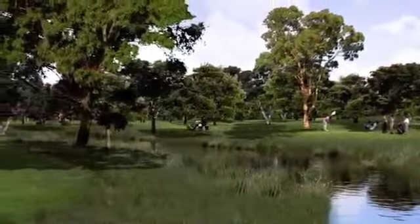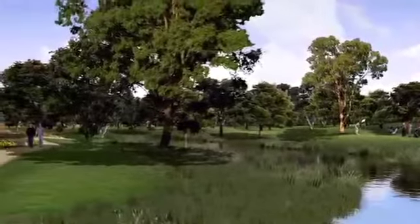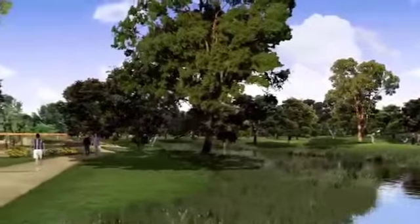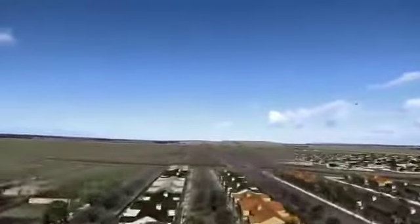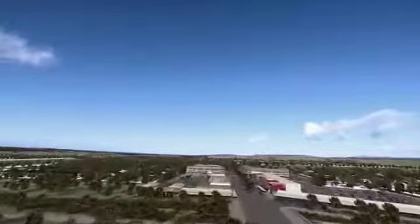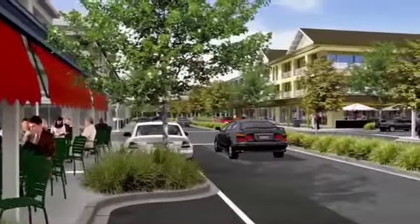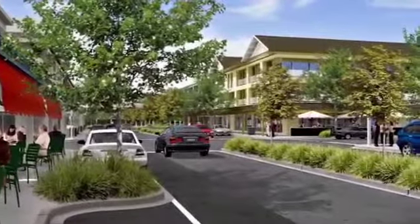A select group of Melbourne's leading builders have produced a range of exclusive designs in keeping with the unique character of Amesbury. As Amesbury evolves, the town will grow into a thriving retail centre catering to most of your daily needs. It's envisaged there will be cafes, restaurants, shops, medical facilities,